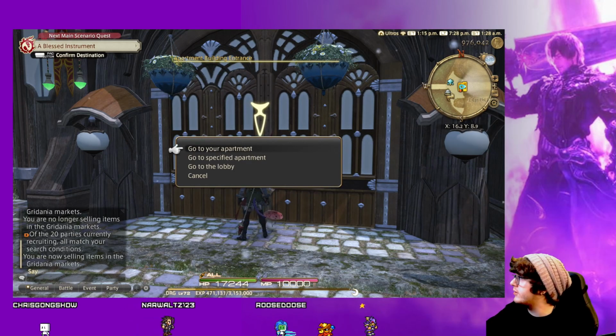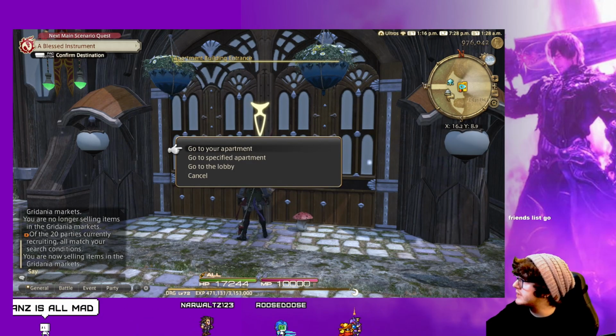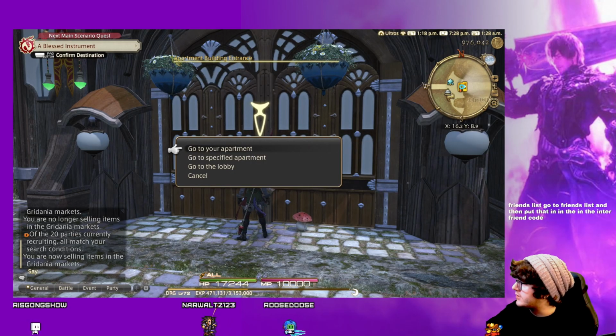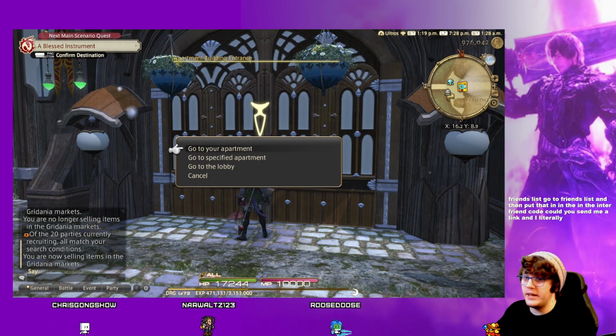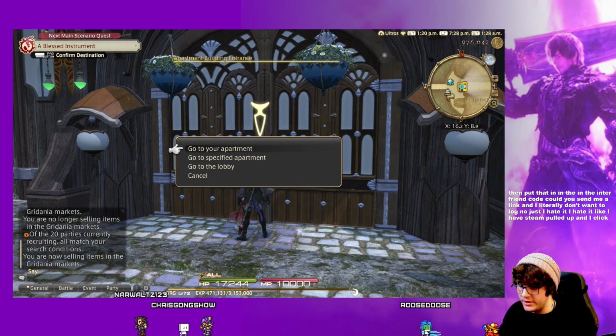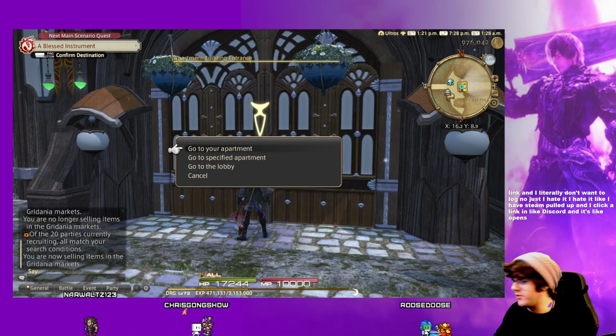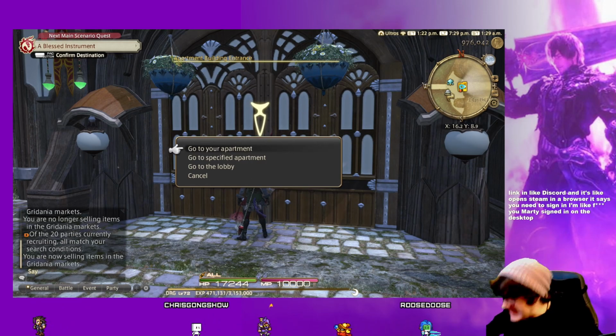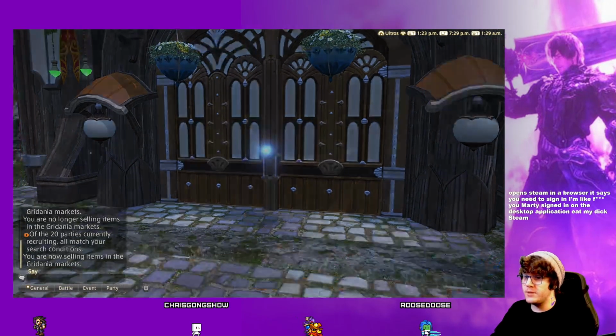Just go put that in. Go to friends list and then put that in the enter friend code, because you sent me a link and I literally don't want to log in. I hate it. I have Steam pulled up, and I click a link in Discord and it opens Steam in a browser and says you need to sign in. I'm like, I'm already signed in on the desktop application. Anyways,